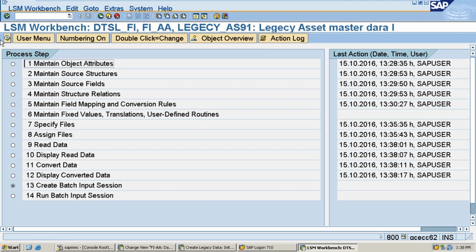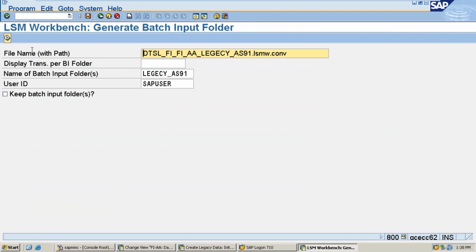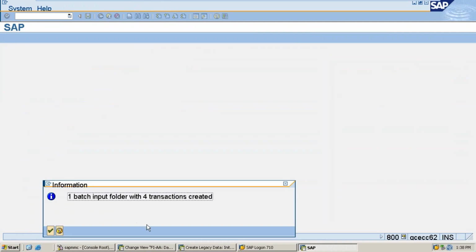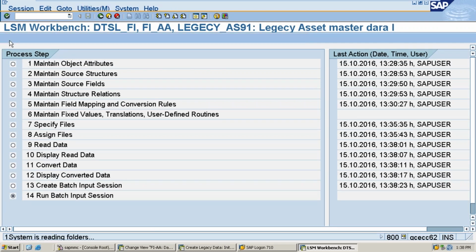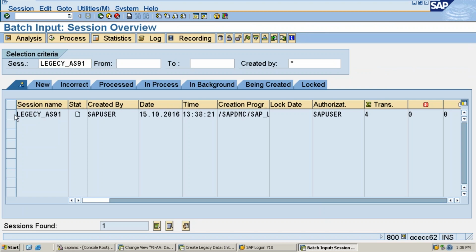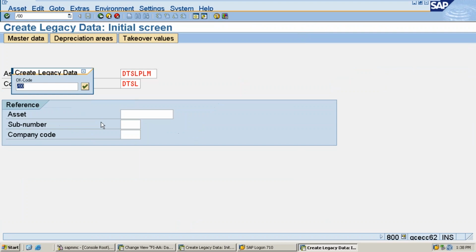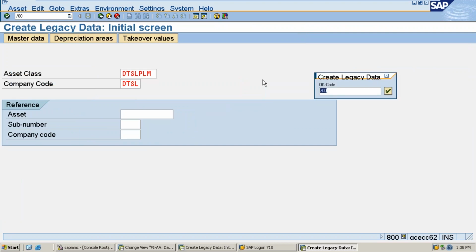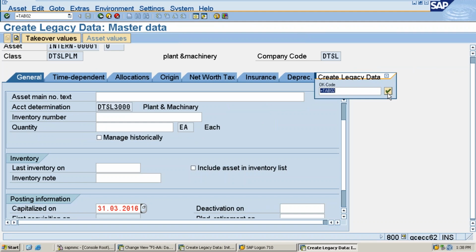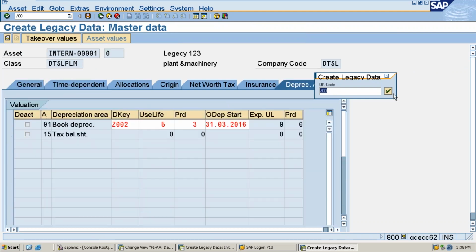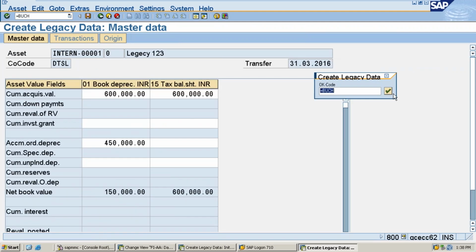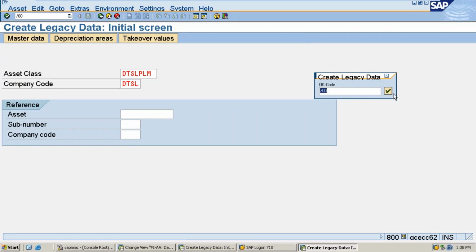Go back. I want to create the batch input and execute it. So 4 records with one batch input, I want to load it. Select like this. Either execute in background or foreground, whichever you like. You can watch how it's loading. Super, excellent. One record loaded means no problem. One record or 1000, it doesn't matter. In the same way, the rest of the records will also be loaded.